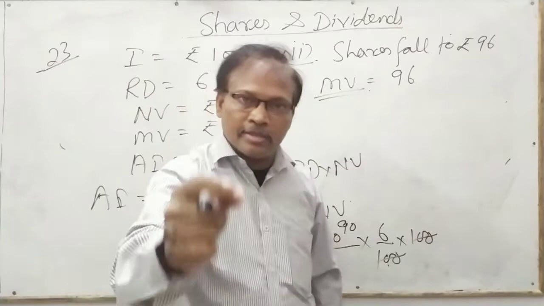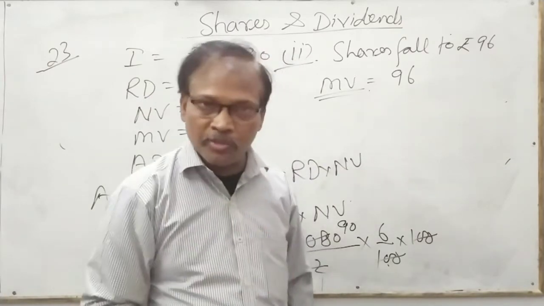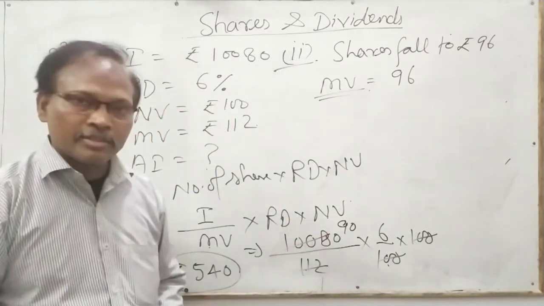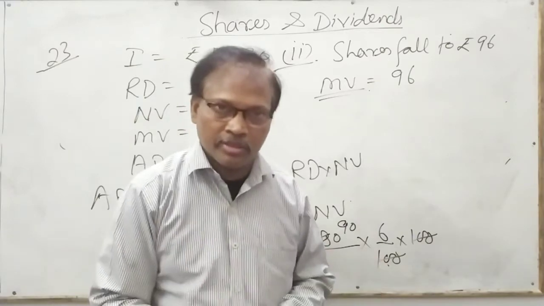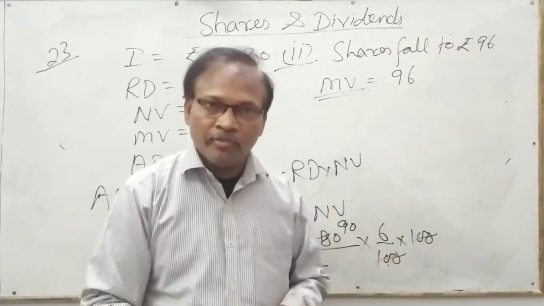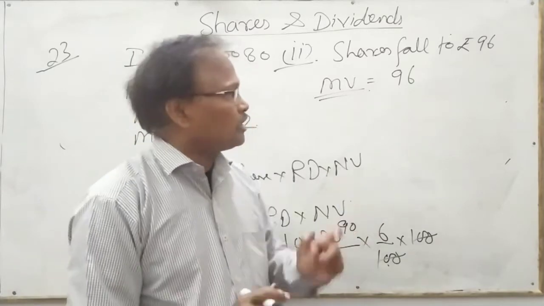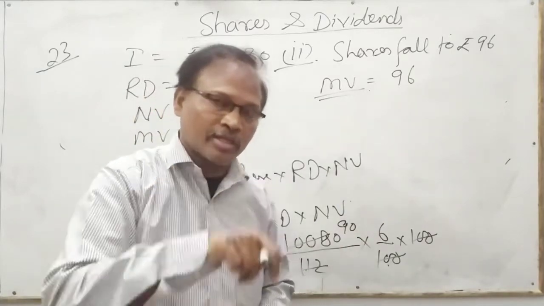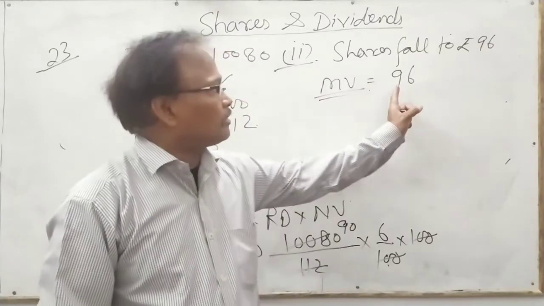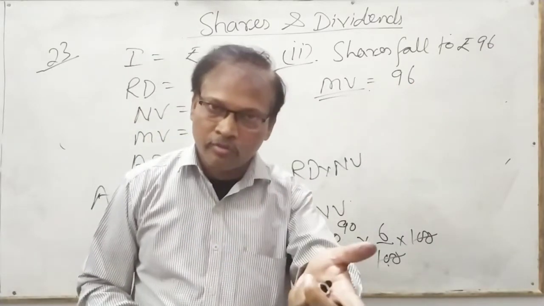Then he sells these shares. कितने shares बेचेगा? 90 shares, क्योंकि number of shares कितने हैं? Number of shares 90 है, and he sells these shares. तो 90 into, then how much money he will get? भाई एक शेयर की कीमत 96 में उसने बेचा, तो 90 शेयर को कितने मिलेगा?